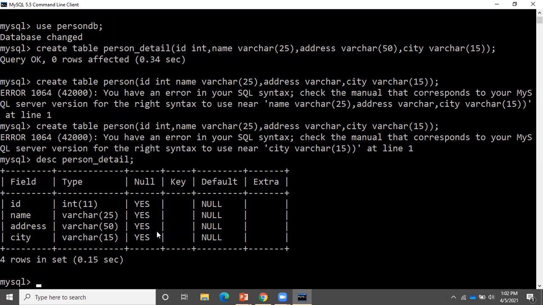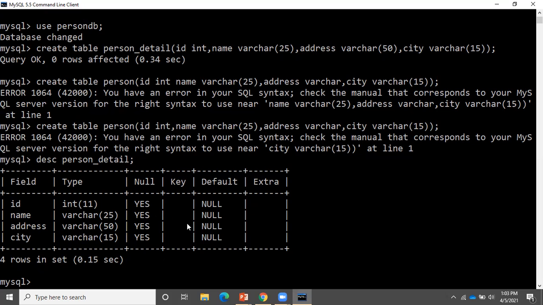Then it will tell whether the null value is allowed or not. There are constraints coming up in the next videos of the series. As you know, the constraint you can fix, like for this particular column I don't want it blank, so nobody can put a null value. This happens sometimes when you fill a login form on some websites like Gmail or Facebook. If you are not entering your name, then how will they identify you? So certain fields they make mandatory, so the null value is not allowed. Now, different types of keys, I have already recorded a video on keys in SQL. You can go through it.